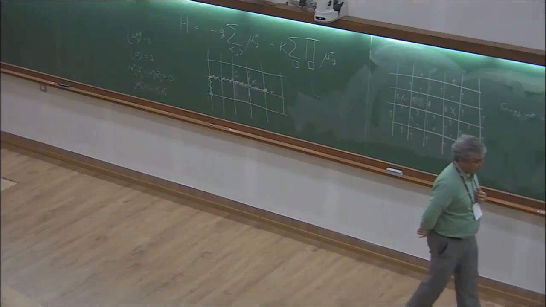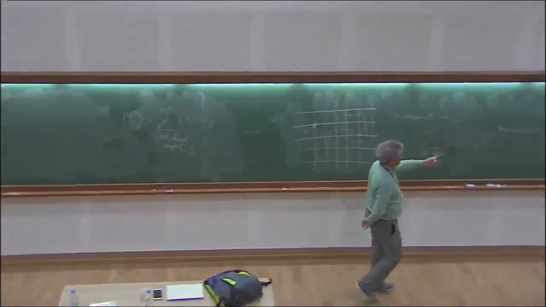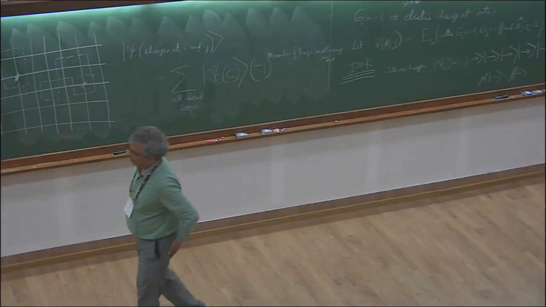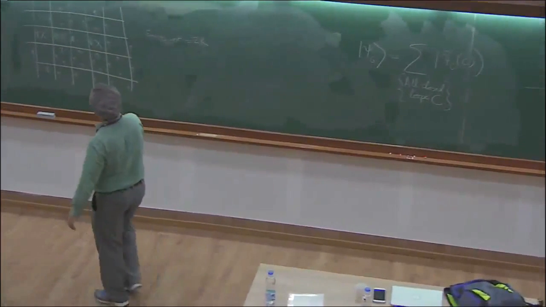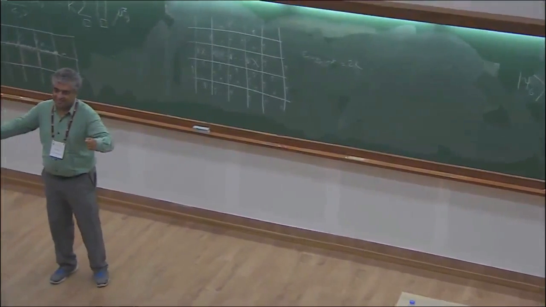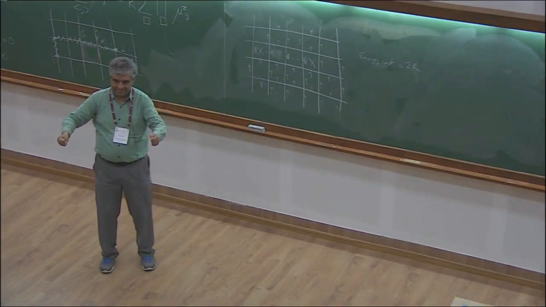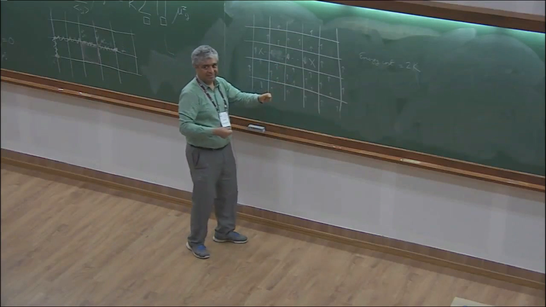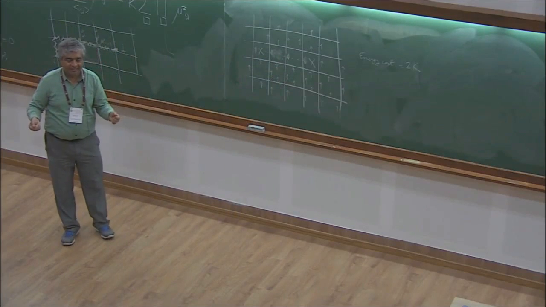Finally, there's one very interesting feature of this, which has to do with these -1s over here. It has to do with this branch cut here. Suppose I have both an electric charge and a magnetic charge. And then I move the electric charge all the way around the magnetic charge. Imagine doing that. What you'll find is that when the electric charge crosses this branch cut, it picks up a -1. So these electric and magnetic charges are relative semions.